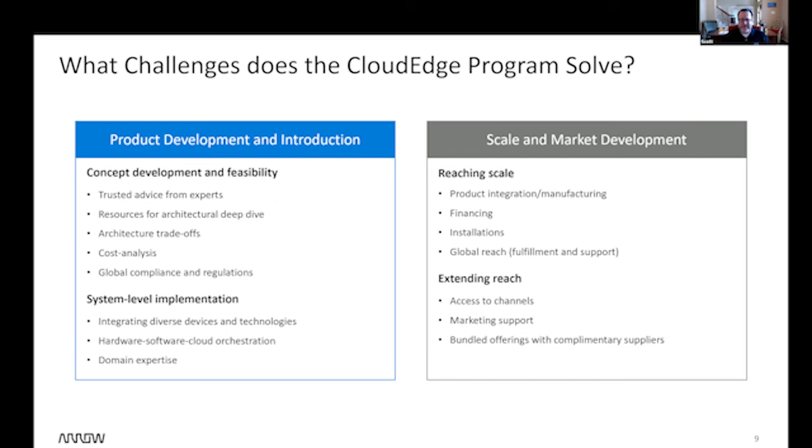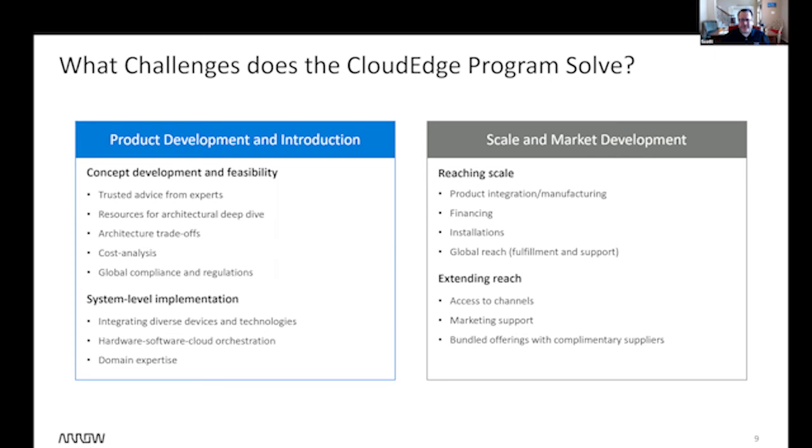And of course, we're extending the reach. Arrow has numerous programs to look at how you extend the reach to the channel, the supply chain. As you're starting off, you're going to be looking at how you can multiply or accelerate the deployment. The more success and access to the channel you have, the more successful you can be. Marketing support, you can look at Arrow to say how can you leverage that marketing support, whether it's white papers, joint press releases,